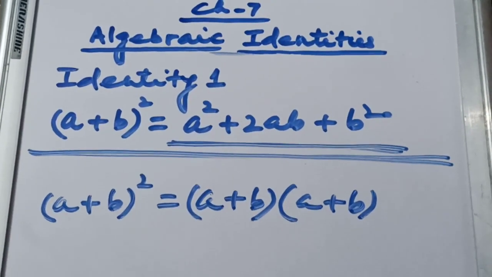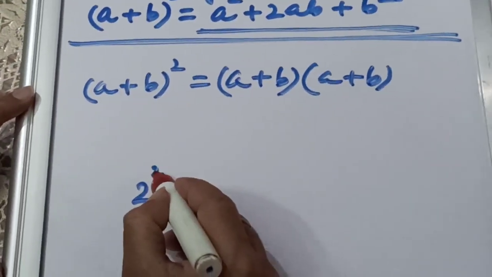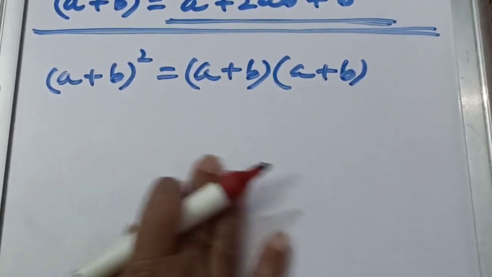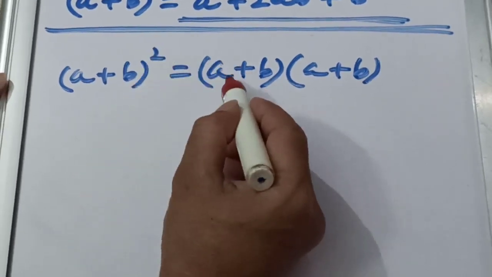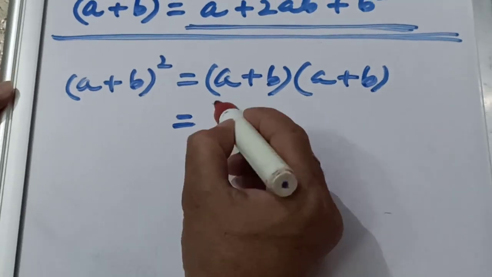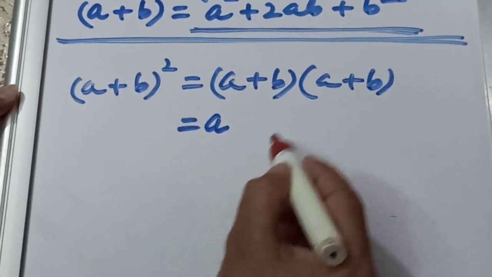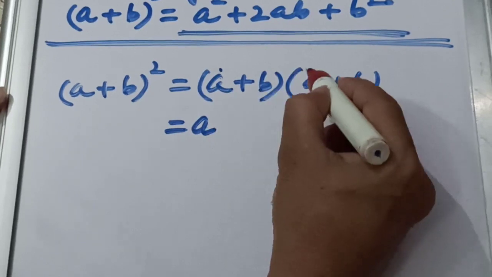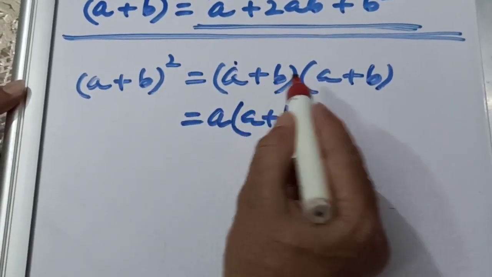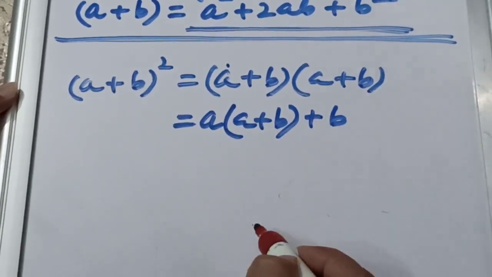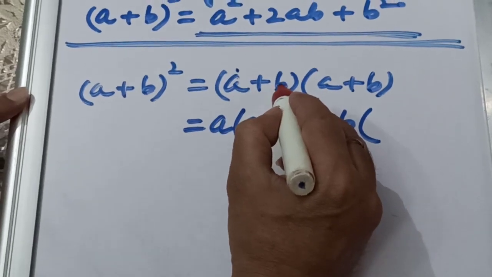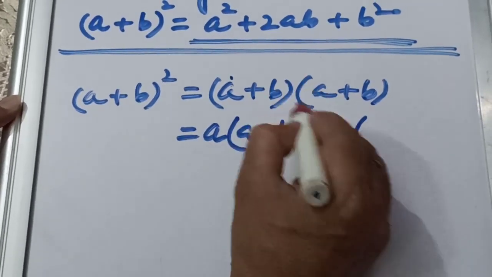जैसे हम लोग 2 का होल स्क्वायर क्या लिखते हैं, 2 इंटू 2. उसी तरह से हम लोग a प्लस बी का होल स्क्वायर है तो a प्लस बी इंटू a प्लस बी लिखेंगे. आफ्टर दैट दिस a विल राइट हेयर एंड a प्लस बी. इस a से इस a प्लस बी को हम लोग मल्टीप्लाई करेंगे. After that you can write plus b, then you can multiply it with a plus b.